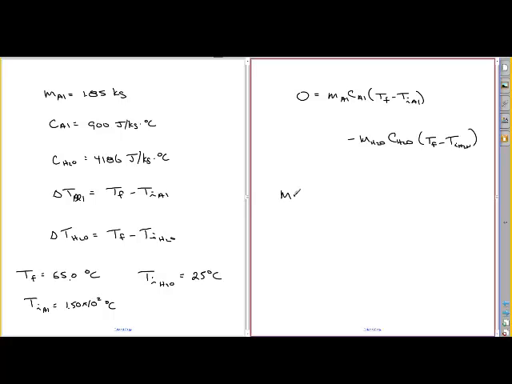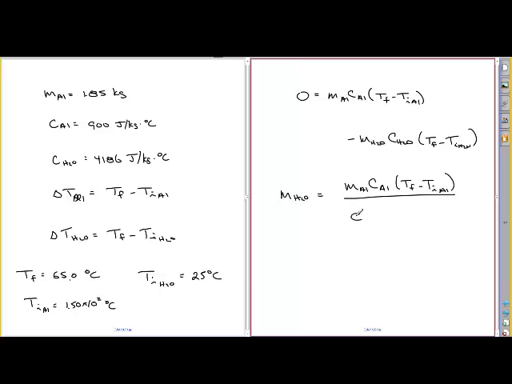So if we solve for this, which is the mass of the water, we get this divided by that. We'll move that to the left-hand side. It'll have a negative sign, so when we divide this by negative this, we end up with the ultimate answer: the mass of the aluminum, specific heat of the aluminum, T final minus T initial of the aluminum,